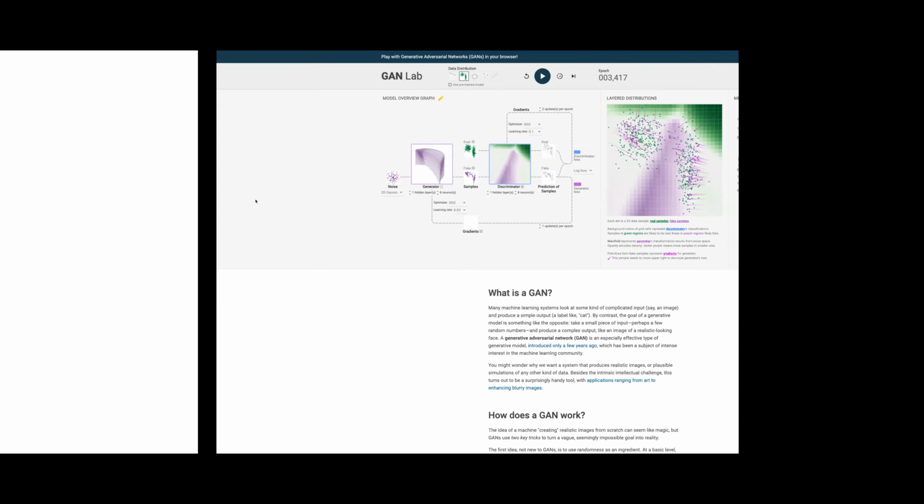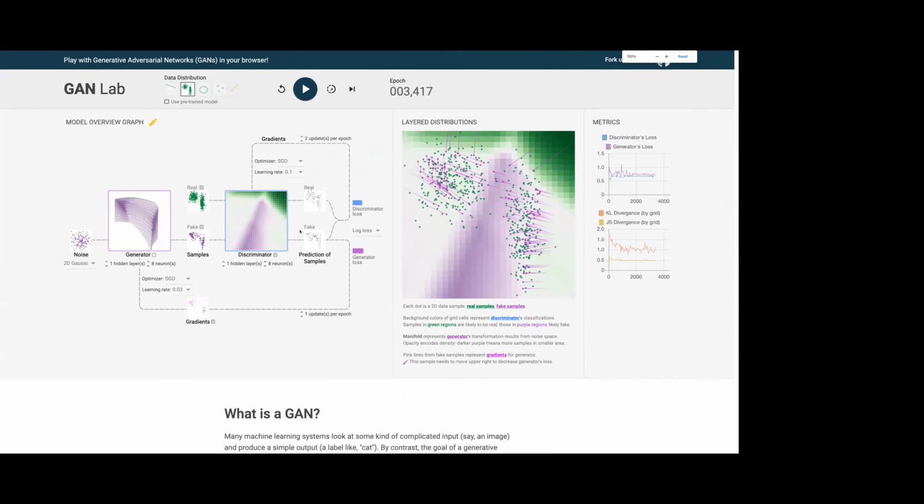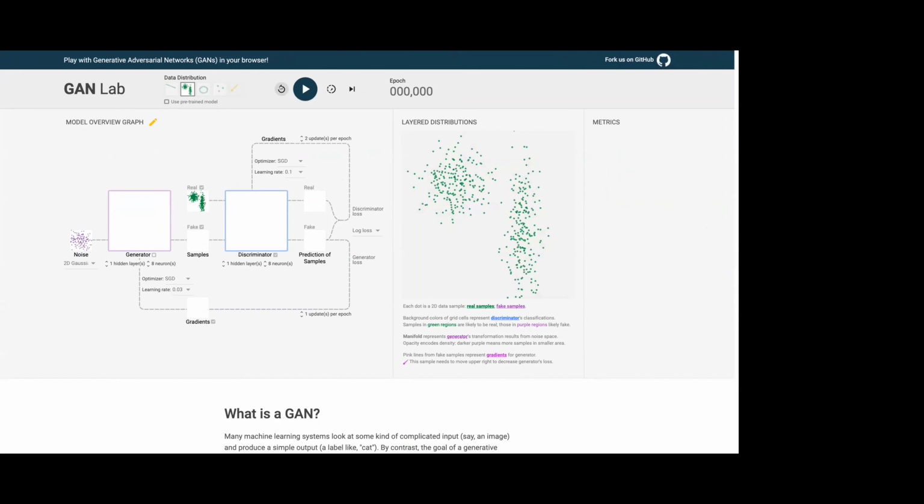Here I have a live demo, so we can see how it works. Let's pick a distribution, for example, like this. If this is a 2 Gaussian distribution here, at first our noise looks like this. It's a 2D Gaussian. Maybe let's change to a 2D uniform distribution, and let's keep the loss function as log loss. And if we run it,